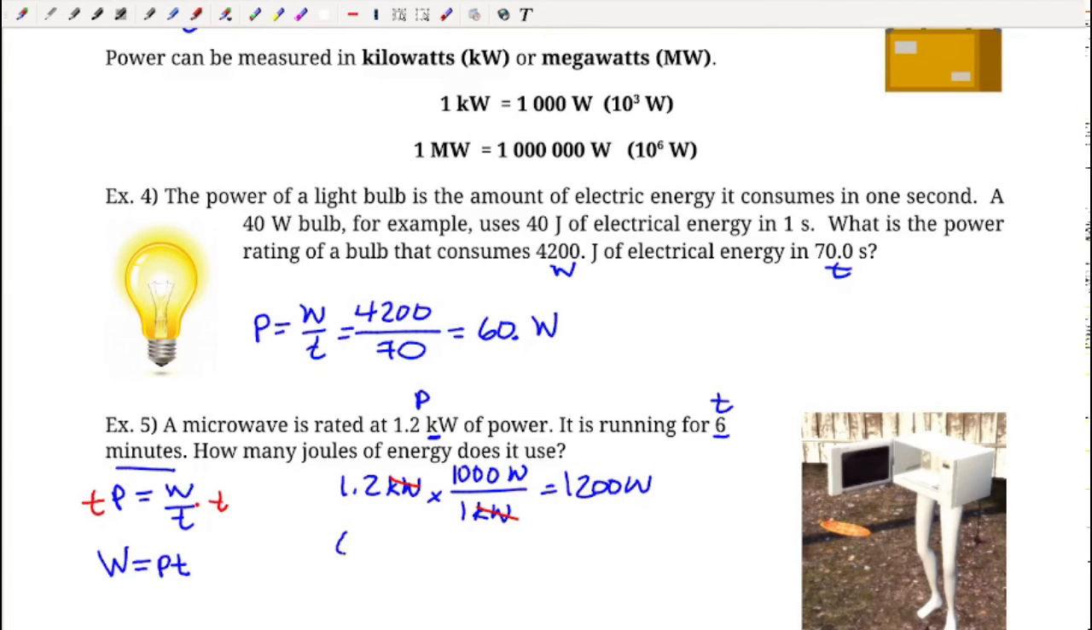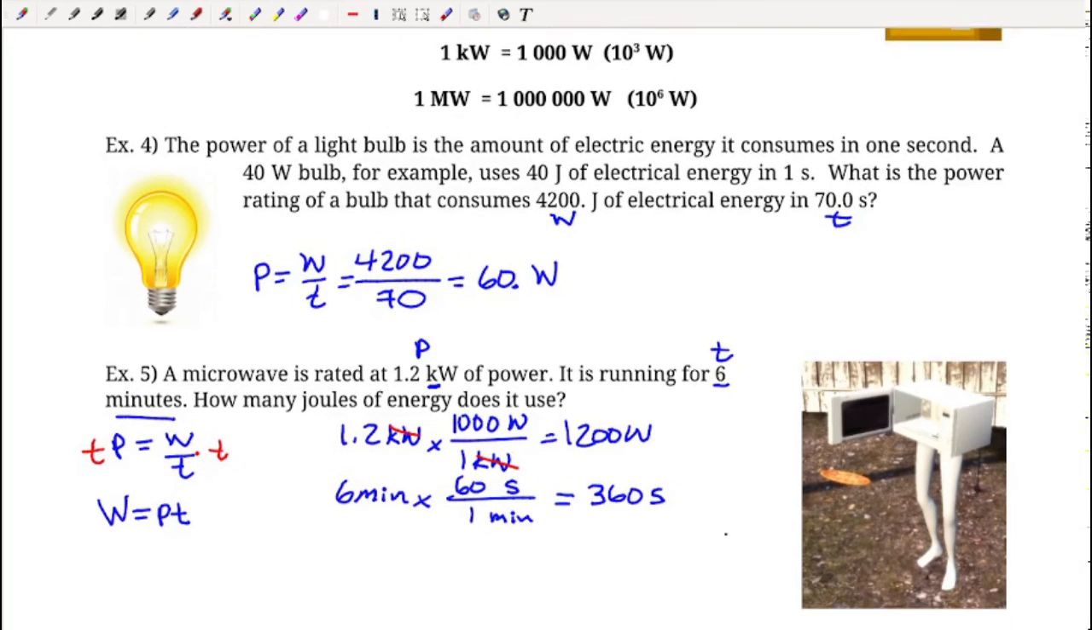And my 6 minutes, I need to convert that into seconds. So I'll multiply by, minutes on the top needs to cancel minutes on the bottom, and seconds on the top, 60 seconds in a minute. 6 times 60 is 360 seconds. Plug that into my equation to find work. So work equals 1,200 watts of power times 360 seconds. Again, type that into your calculator and you get 432,000